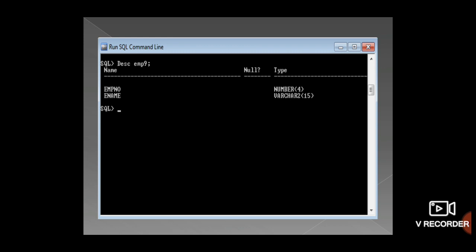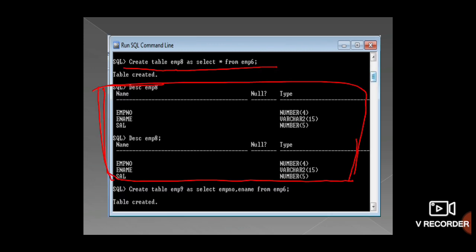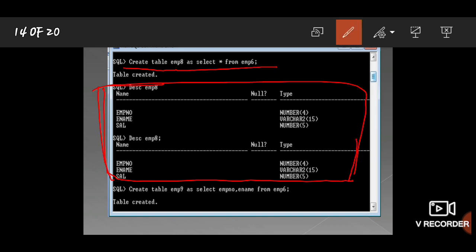See here, you can see create table name employee 9. Here I had written the syntax: table name employee 9 AS SELECT employee number, ename FROM employee 6 table.